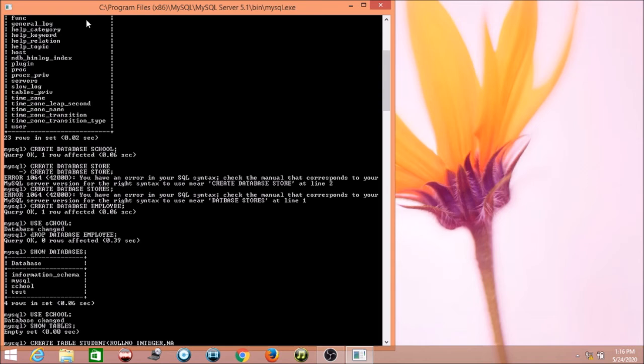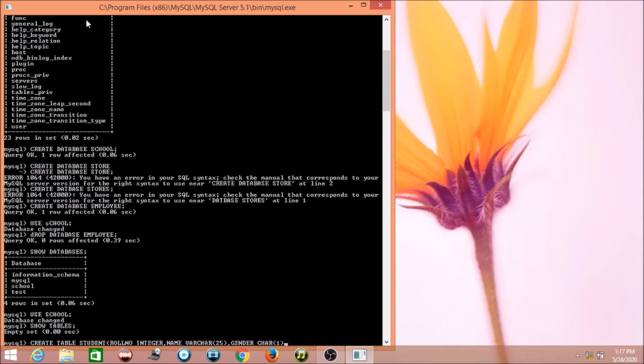Then name is the second column, and name stores a data type like variable character values, and here I also have to give the size, so I am giving it a size of 25. Now see, these are the parentheses, the brackets on the keyboard, keys 9 and 0, not the angular brackets. Don't put angular brackets, otherwise you will get an error. Then the next column is gender, and the data type is char, with a size of 1.